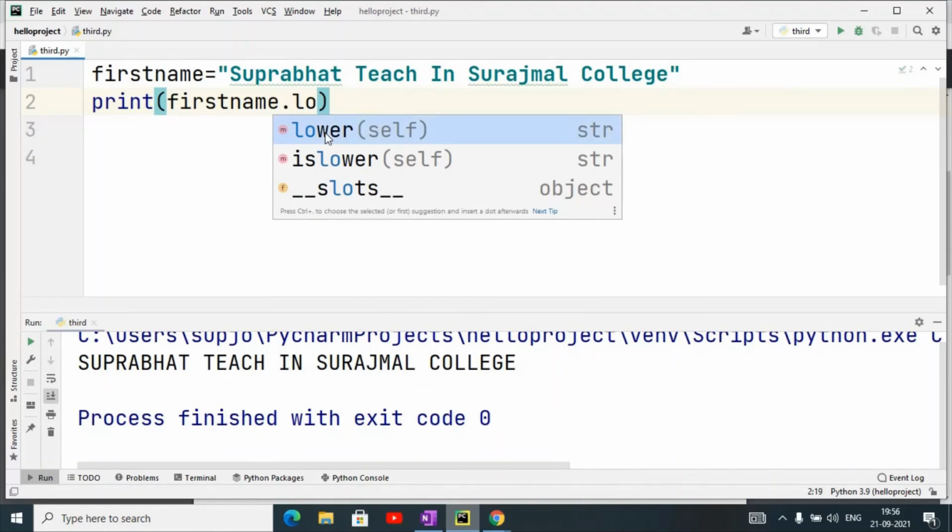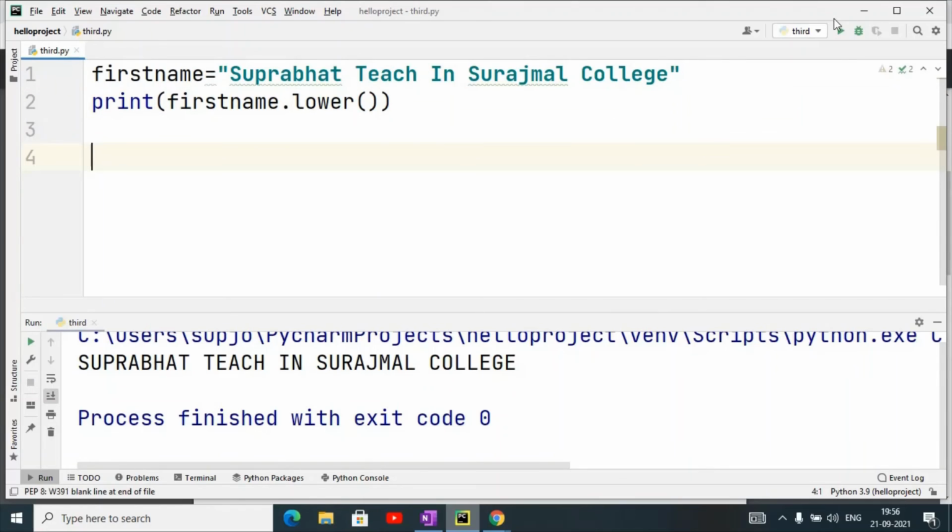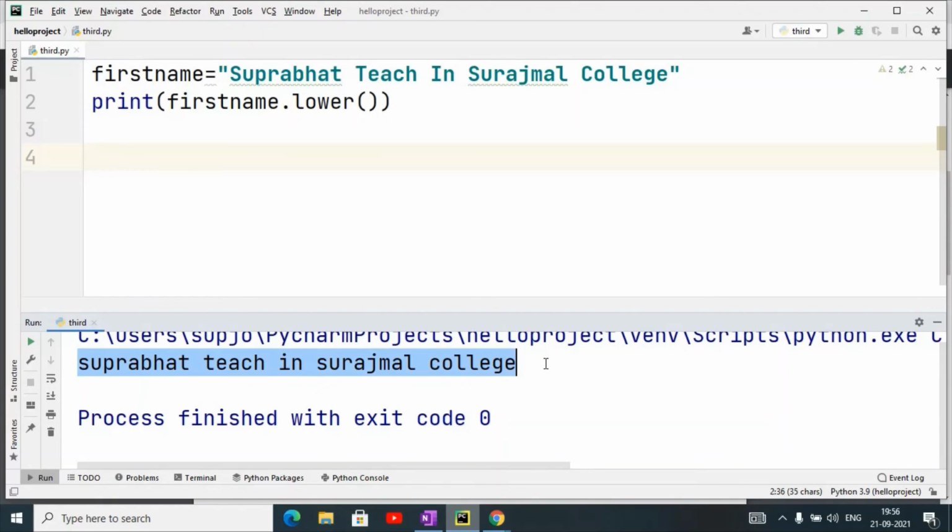Once I apply this, all characters in the string are now in small letters. So this method is used for lower case and upper for uppercase letters.